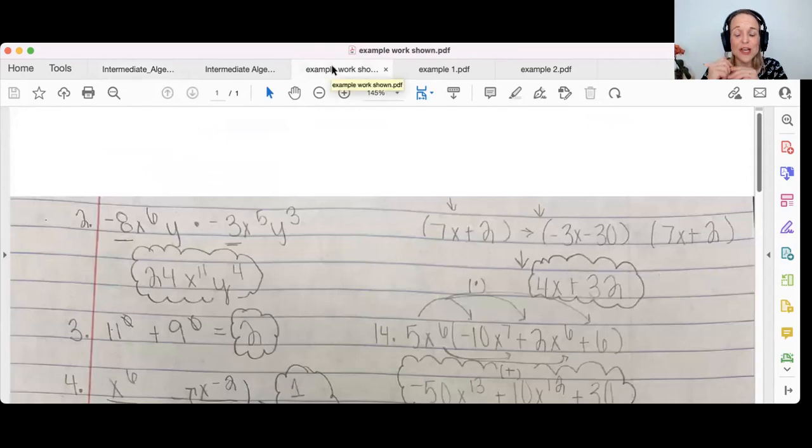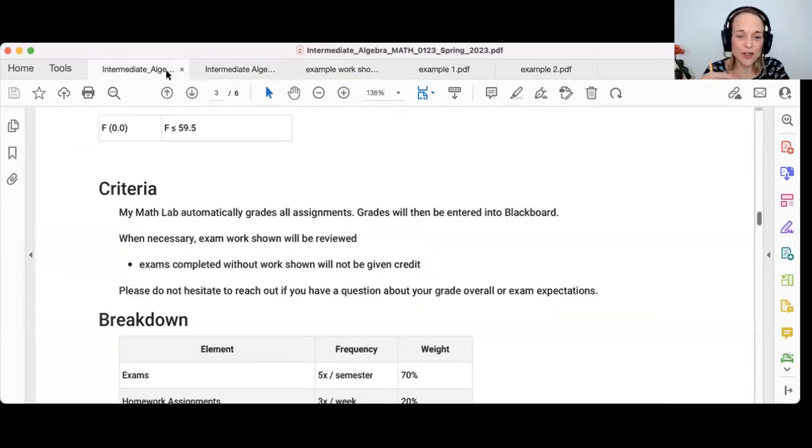after an exam. So if you take an exam on MyMathLab, which you will do 5 times in our course, after you're finished with MyMathLab, I want you to take a photo or a scan of your work shown. Make it look as beautiful as this, not like handwriting wise, but organization wise. I can see this is number 2. This is number 3. This is how you got answer number 4. Okay. Show me your work, send it to me. Without that, I will not give you credit for the exam.